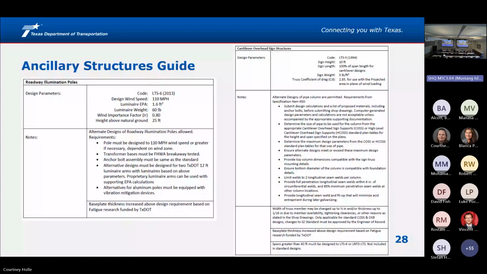So again, we'd like to go back. First, any questions, comments, anything? So, number one, if it exceeds the specifications of the standard drawing, there's a list of basic requirements. Two, if it's a DMS, if you have a dynamic message sign, it's automatically a special zone. But if you're within the limits of the standard, it's not necessarily a special zone unless you're changing it.